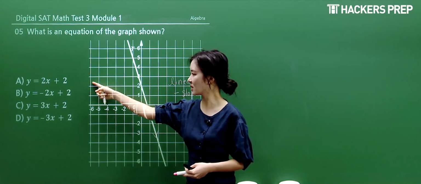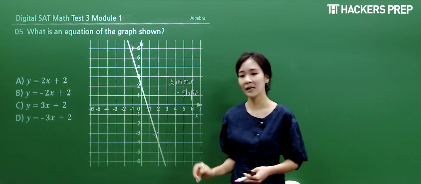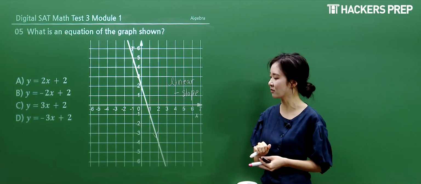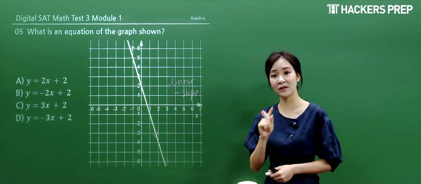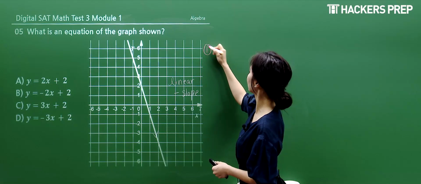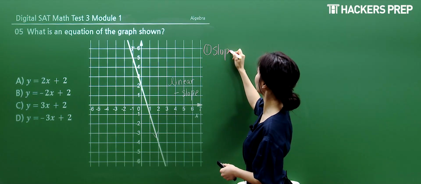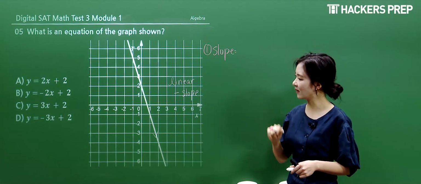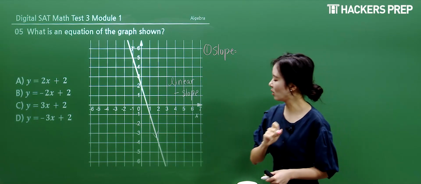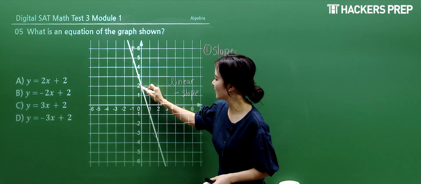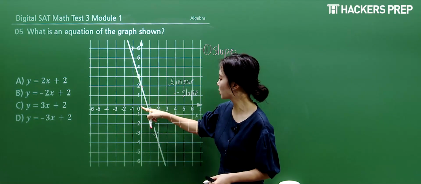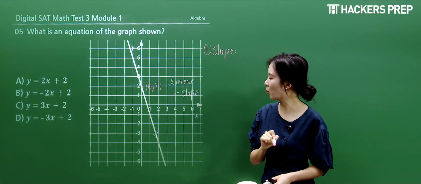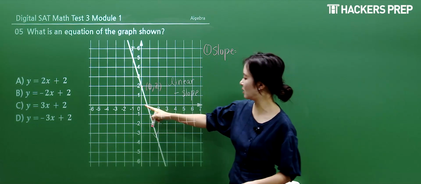If you look at the forms of the answers, A, B, C, D, it seems like the graph function is given in slope-intercept form, okay? So in that case, let's first find the slope of the graph. This is going to be change in y over change in x. Before that, let's choose two coordinate pairs. Why don't I choose the y-intercept, because it falls nicely at the vertex. This is going to be 0, 2. And another point that we can choose can be here,